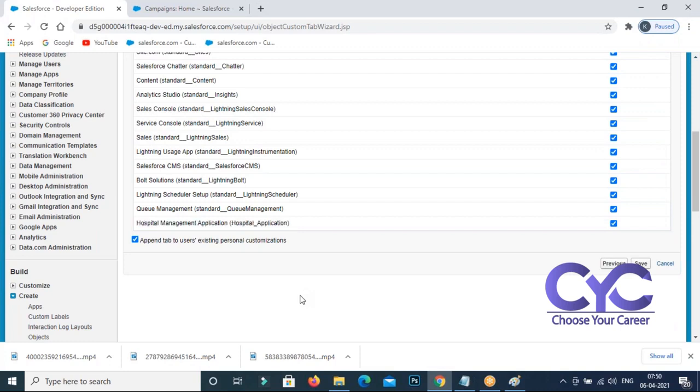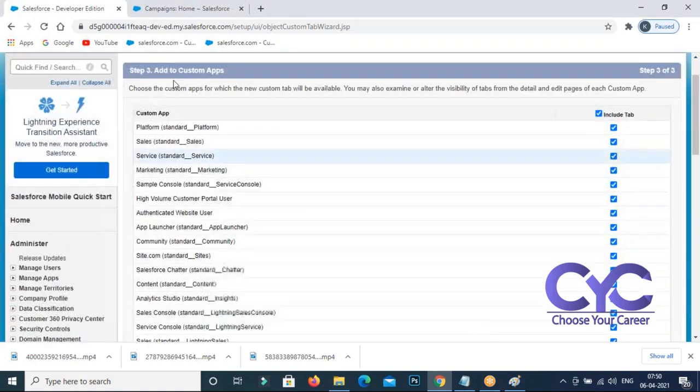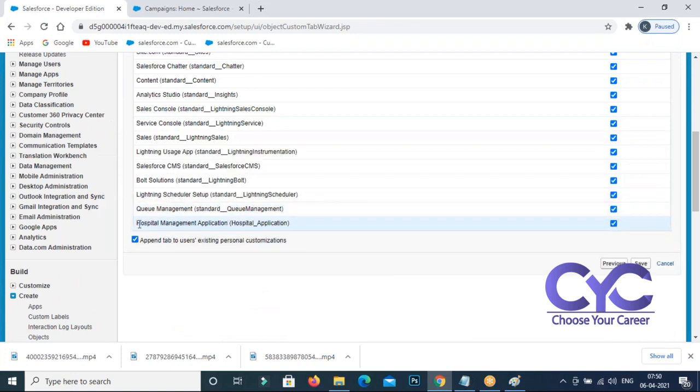I have a business need in my application about doctor and patient, so I want to include this doctor tab in my application. What is the application here? Hospital management application. You can find I have included it. So I wish to include my doctor tab in my hospital management application.